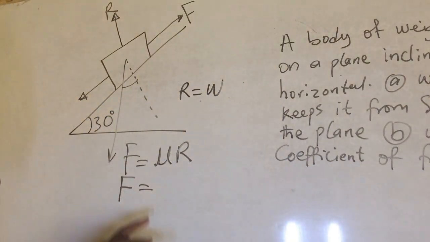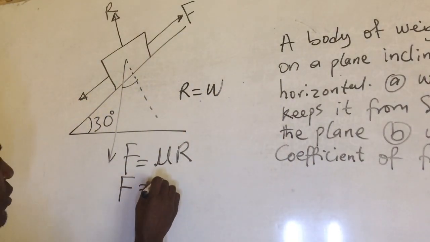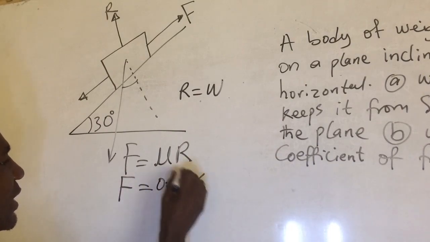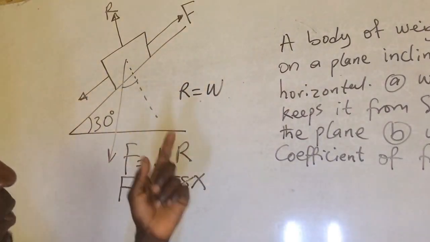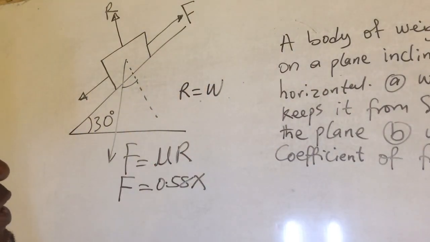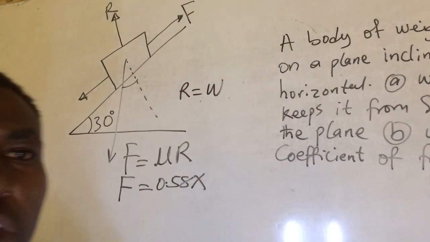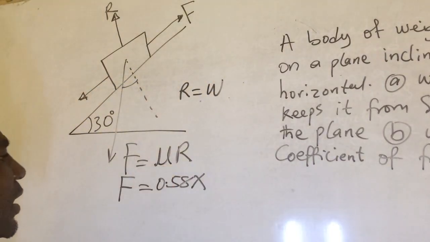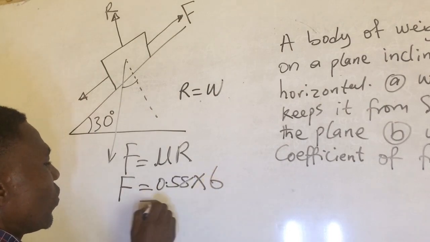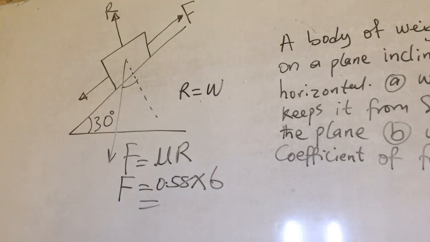We have calculated mu, which is 0.58, times the normal reaction. The normal reaction is equal to the weight of the object, and from the question, the weight of the object is 6 Newton. Replacing R and multiplying out, we now have